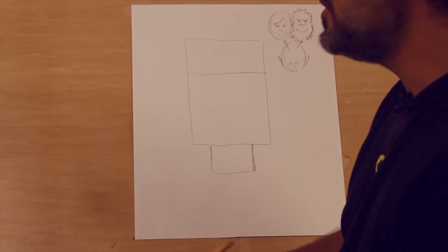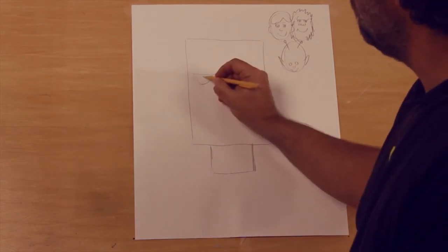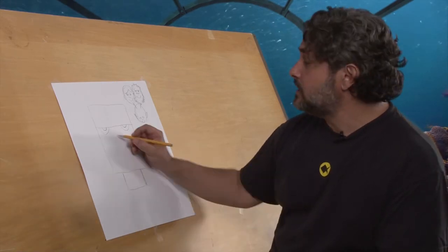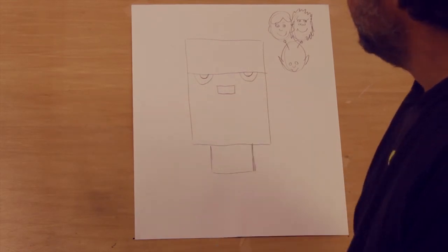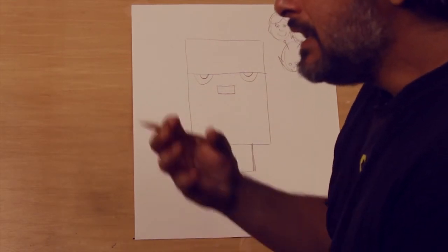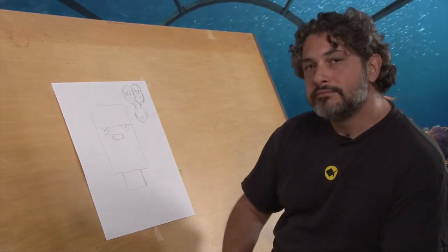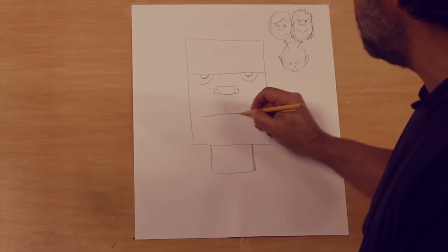Now we can start throwing in other shapes. Let's put in his eyes. 2 half circles with 2 more half circles inside for the pupils. Let's give him a nose. Now he doesn't need a guideline to put in his nose. We know the nose is going to go right below his eyes. So we're going to put in a rectangle for his nose. His nose isn't fancy enough for me. I want to make it a little more interesting, so I'm going to put 2 squares on each side. Okay? Now his mouth, going up from the bottom of his head, up 1/3, just a straight line, we have